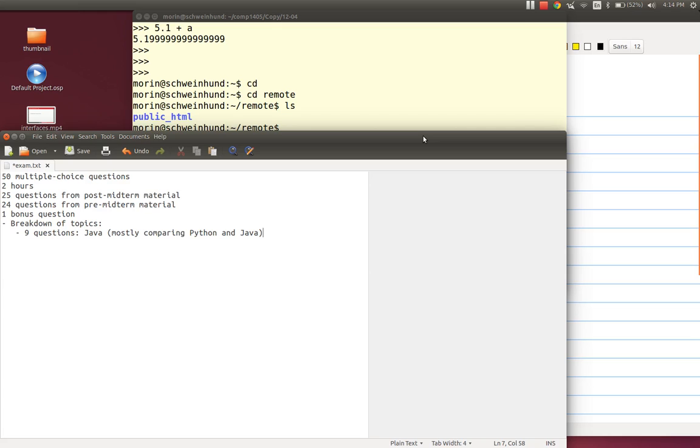Yeah? Could it be a mathematical function that doesn't necessarily equal the same thing in either Python? Yeah, that could be a fair kind of thing. Like, for instance, 3 divided by 2. That gives different results in Java and Python. One of them does integer division, the other one does floating point division. Yep.